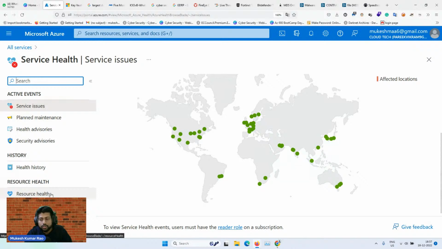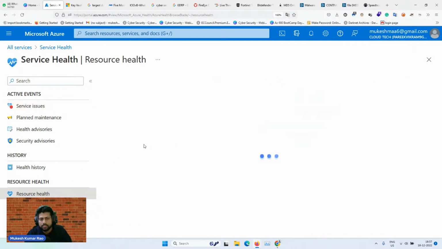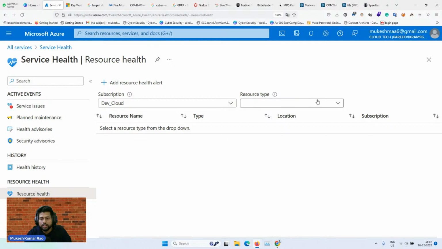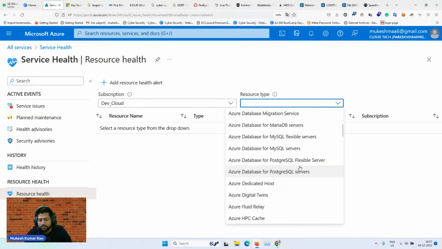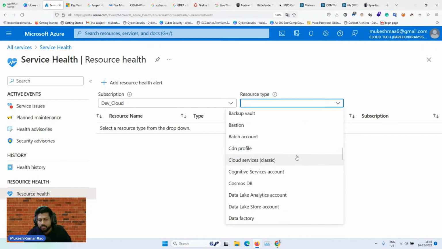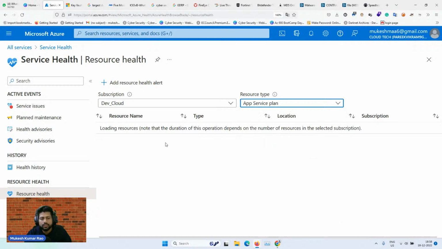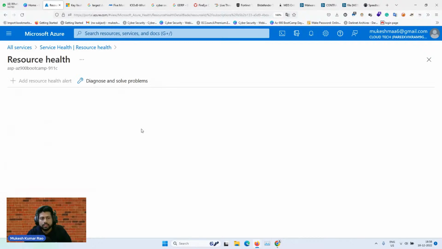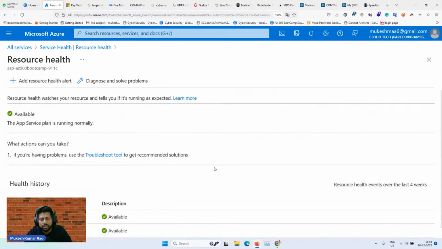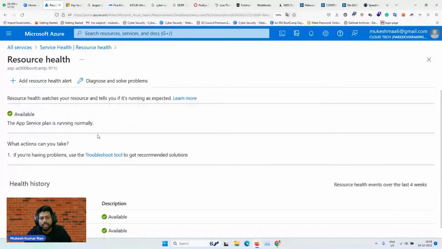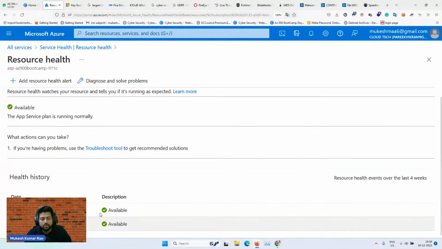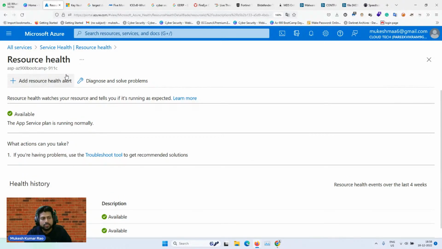And then you can click on your personal resource health. So this is your personal account. You can click and choose which kind of resource type you require, like analysis based, or I think we have app service, I think app service plan. So you can click there, you will get some little data here. You can click here, it will give the overview of whether my application is running properly or not, or if any kind of troubleshooting is there. So it is showing everything is running properly. There is no health issue we got. So that is the part we have got.